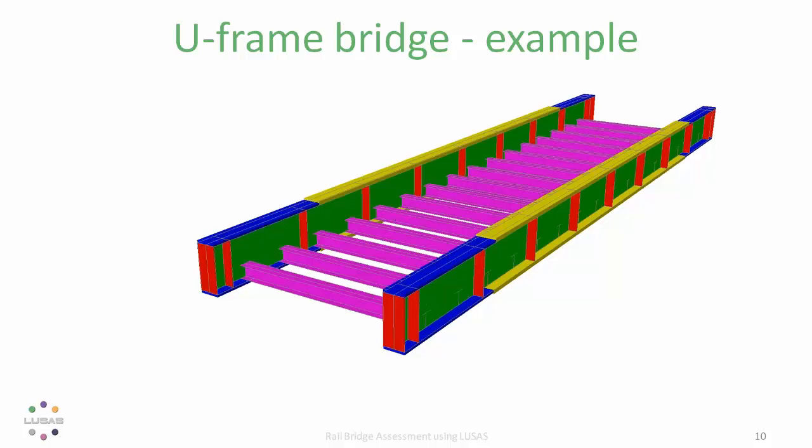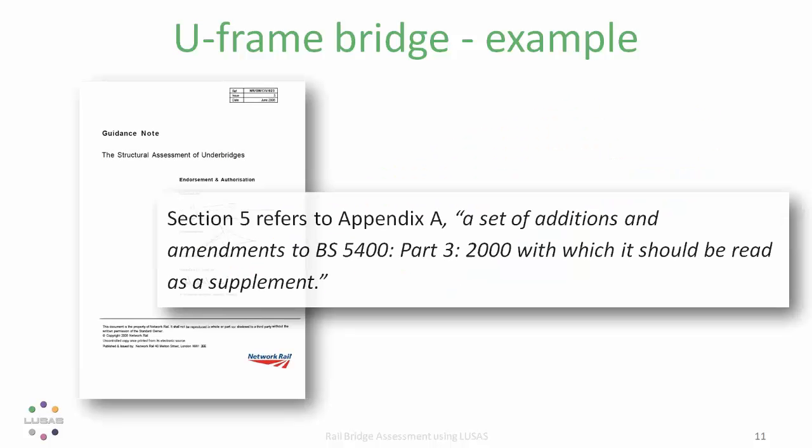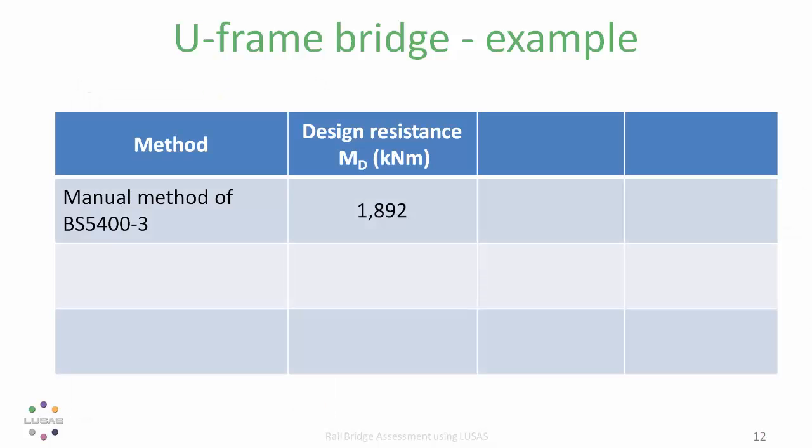In our example, we will ignore any contribution of stiffness from the deck, but we will of course include its weight. And working to the Network Rail Guidance Note, Civ 25, we find that Section 5 essentially refers us to the methods of BS 5400 Part 3, with some additions and amendments. And carrying out manual calculations on that basis, we find the design resistance, MD there, of each main girder to